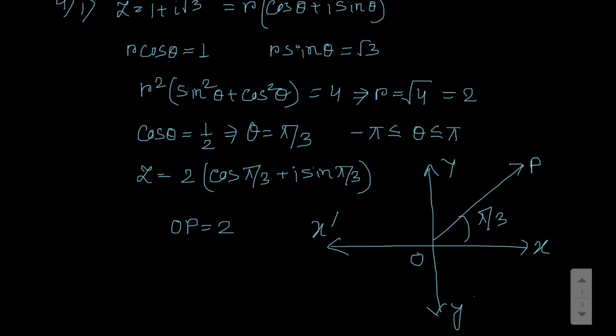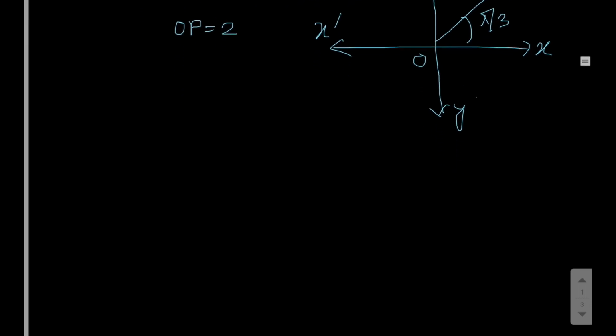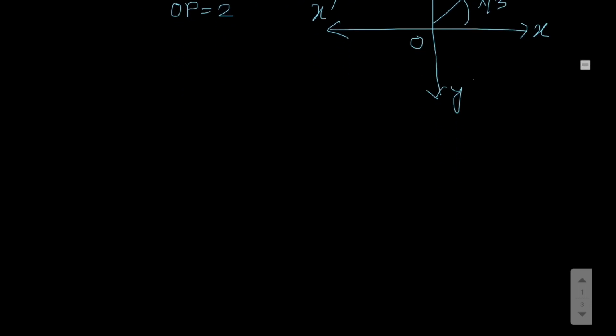Now let's move on to the next problem, similar kind of problem. So here sum number 4.2. In sum number 4.2, minus 1 plus i root 3, as same as the previous one. Only in this case r cos theta equal to minus 1, and from that you will get theta equal to 2 pi by 3. Here theta equal to 2 pi by 3. That is the main thing.